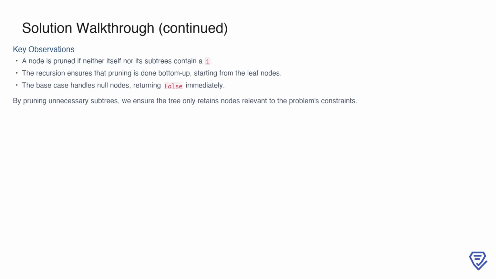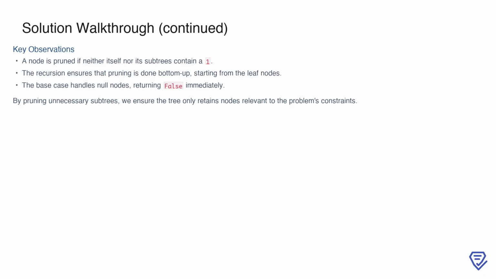From these examples, we can identify some key observations about the pruning process. A node is removed if neither it nor its subtrees contain a 1. This ensures that only the relevant parts of the tree are retained. The recursion operates in a bottom-up manner, beginning with the leaf nodes and working upwards through the tree. For null nodes, the base case immediately returns false, simplifying the pruning logic. This approach guarantees that the tree is pruned efficiently, removing unnecessary subtrees while preserving all nodes required to satisfy the